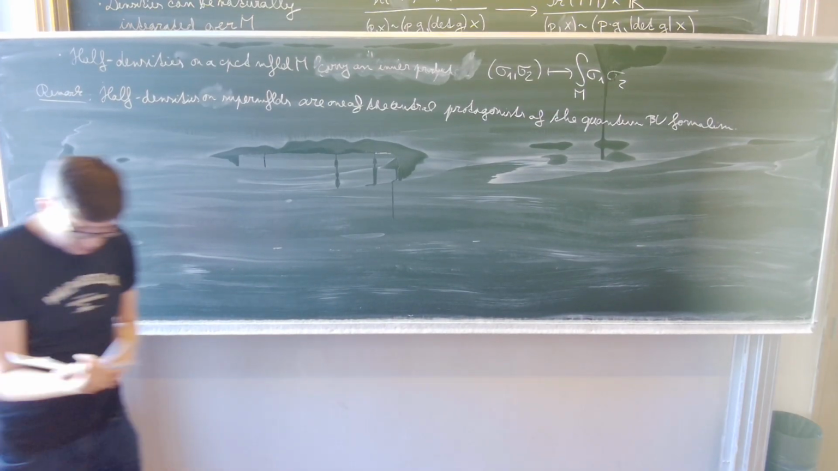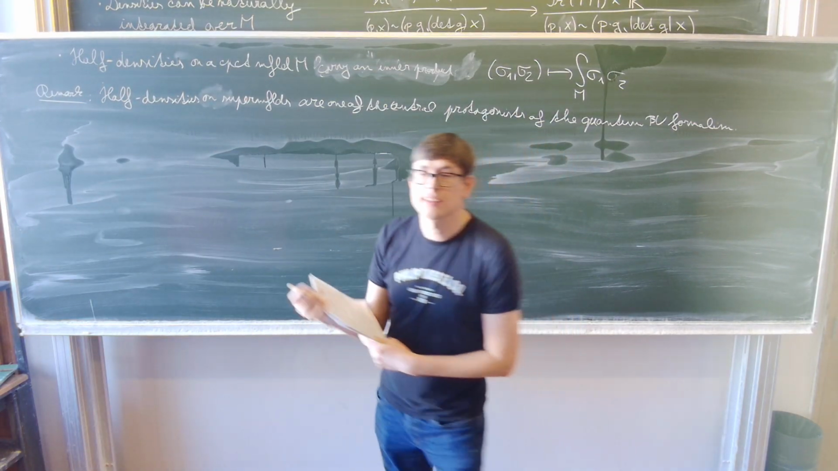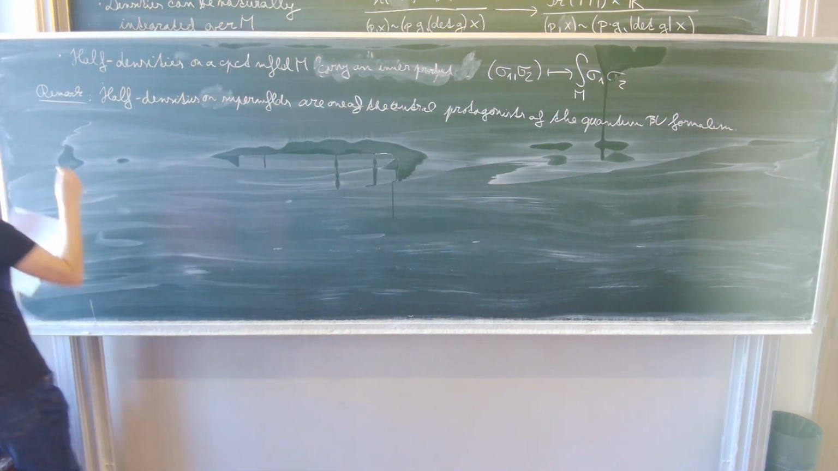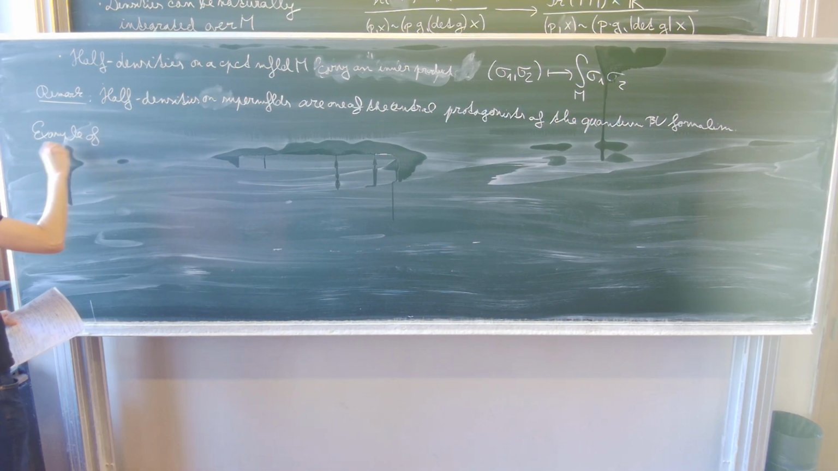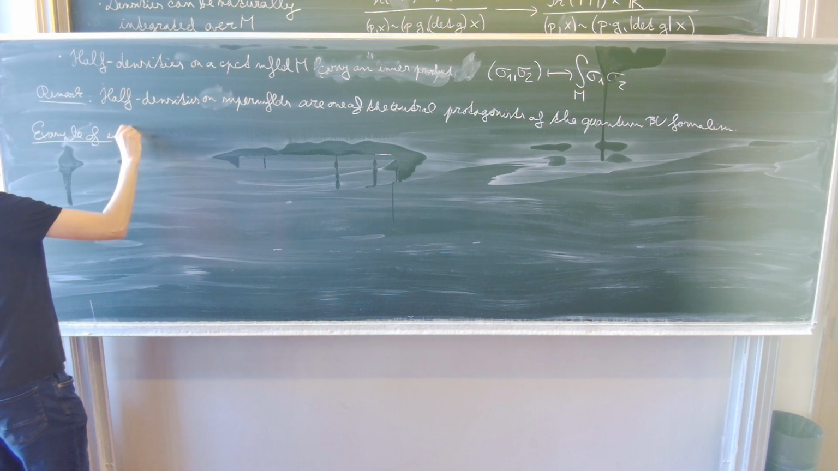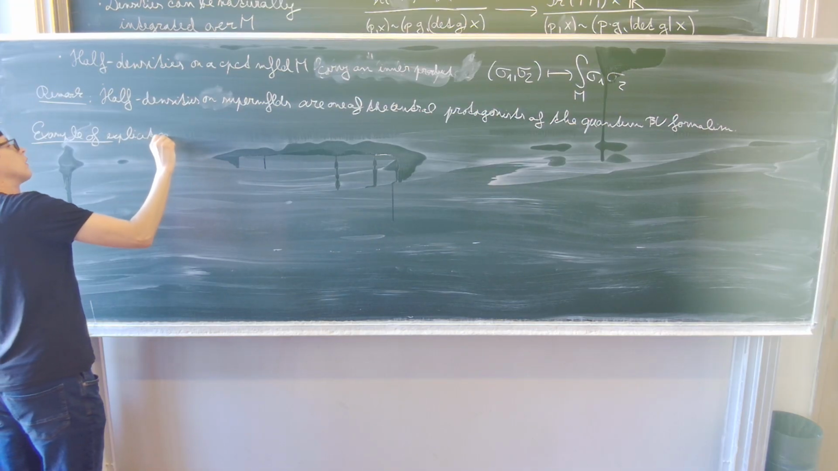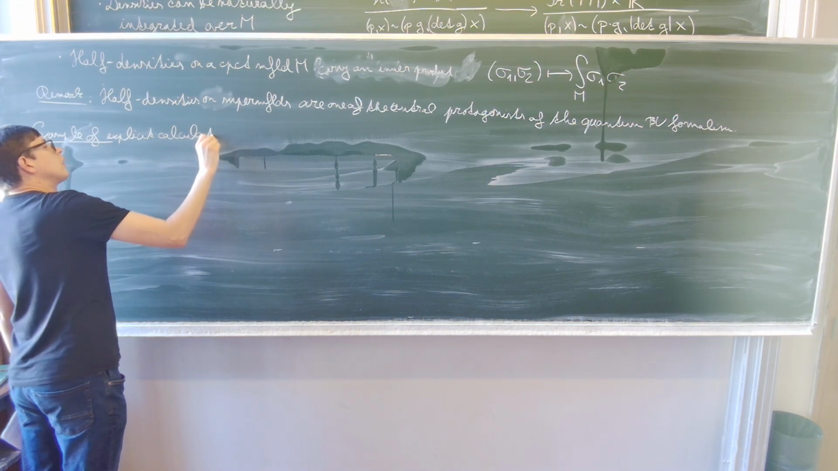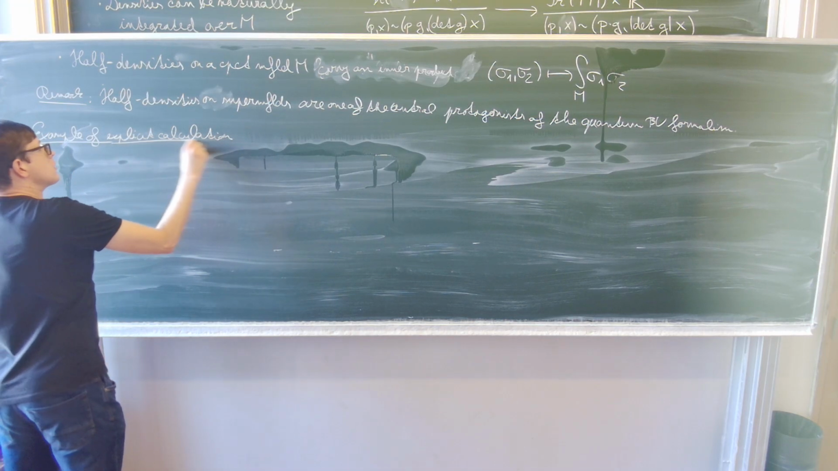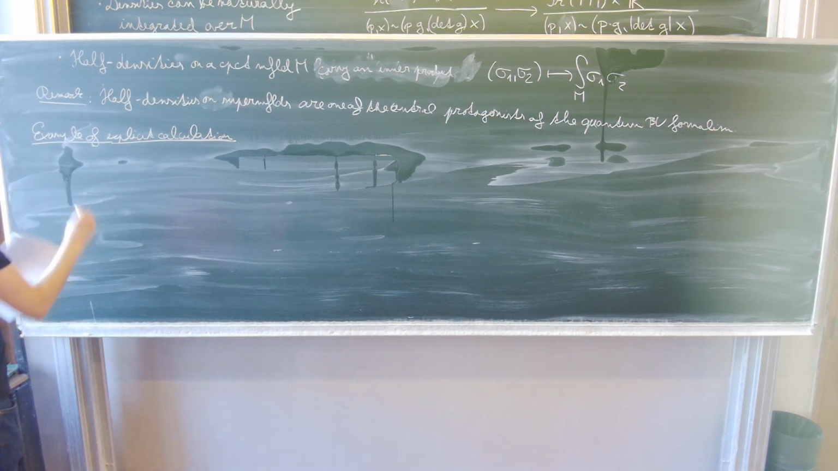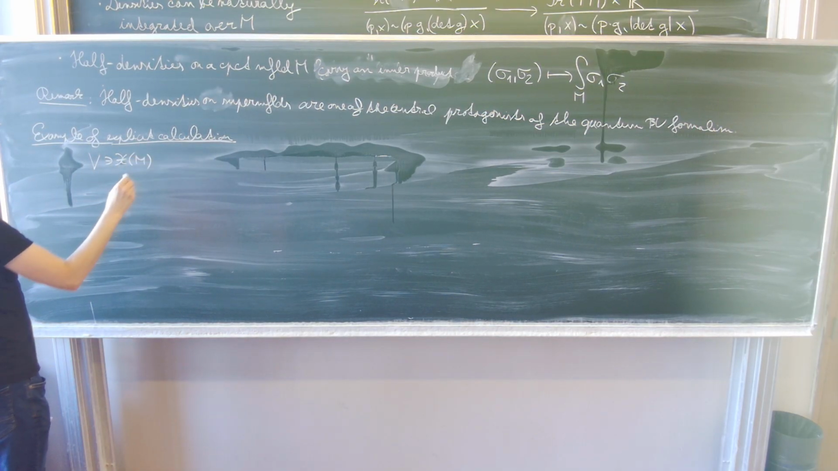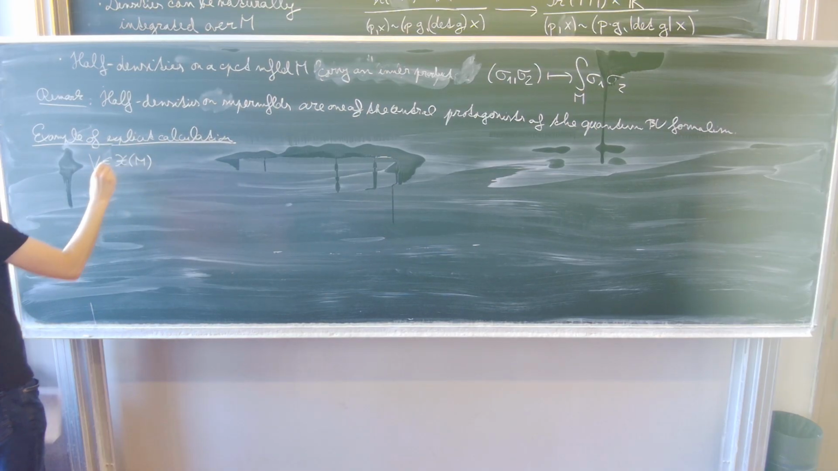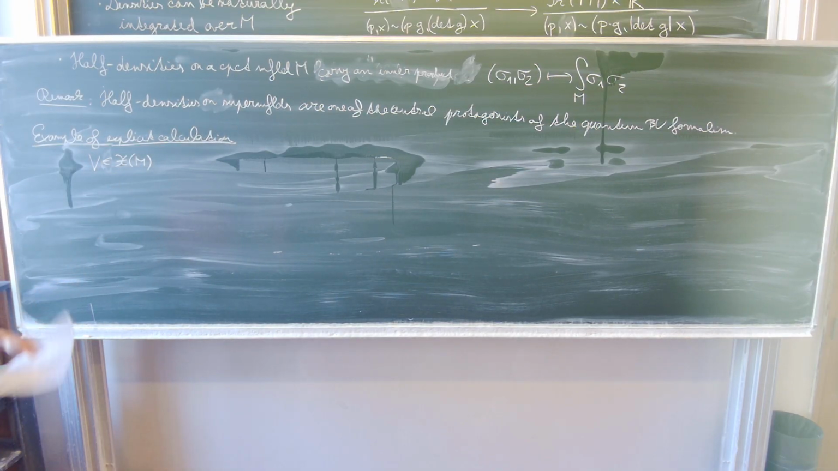Okay, and as the last thing, I wanted to give an explicit calculation of these densities, how to do the derivatives of densities. Example of explicit calculation. So in coordinates, I mean. Suppose that we have a manifold and we take a vector field,